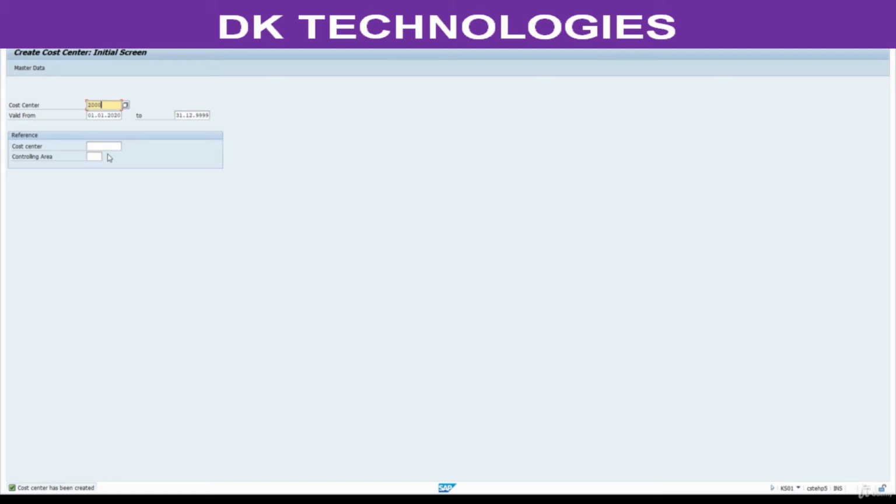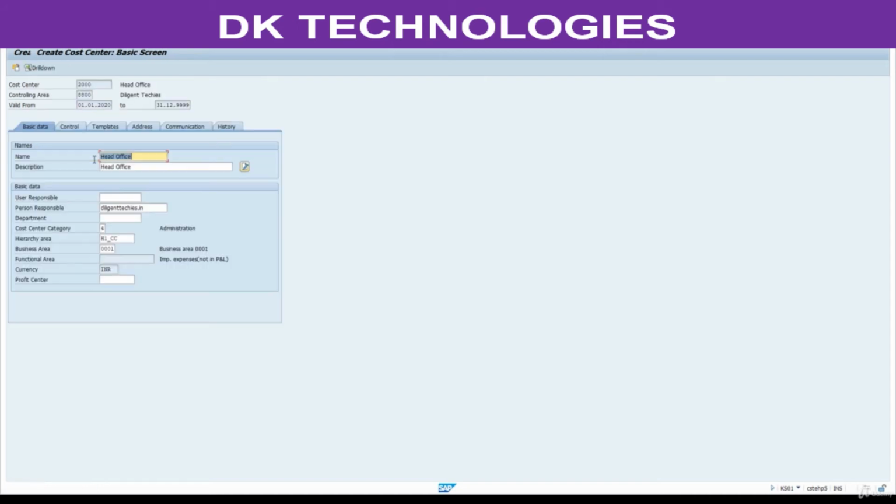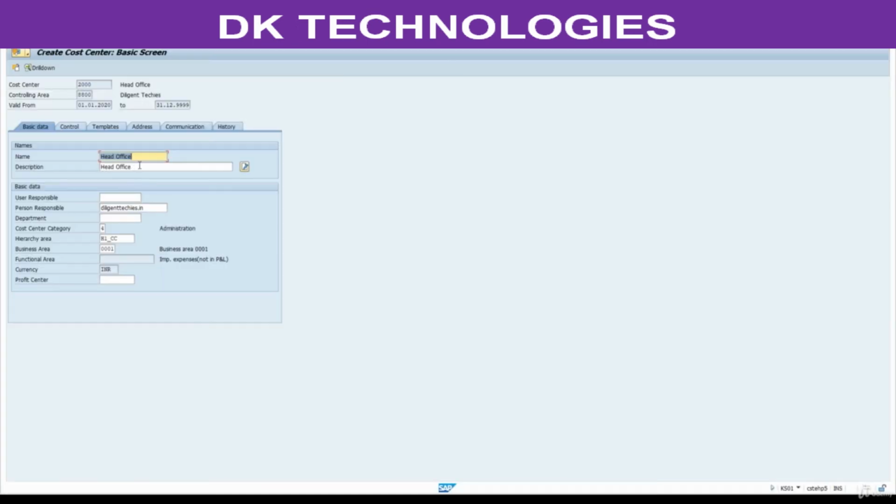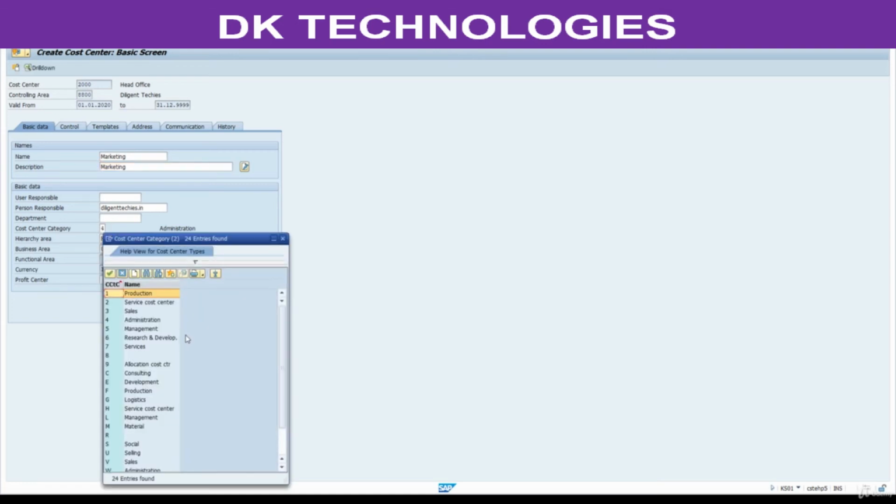Now repeat the same for the other cost centers. If you want to copy the same, enter here the just created cost center, controlling area 8800. It will save your time. This is marketing cost center. Here if you want to select marketing, select marketing. If you don't want to select anything, leave it as it is, whatever is copied from the previous one. Marketing, development, production.